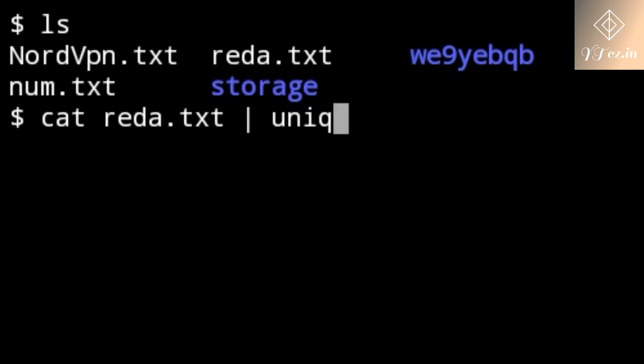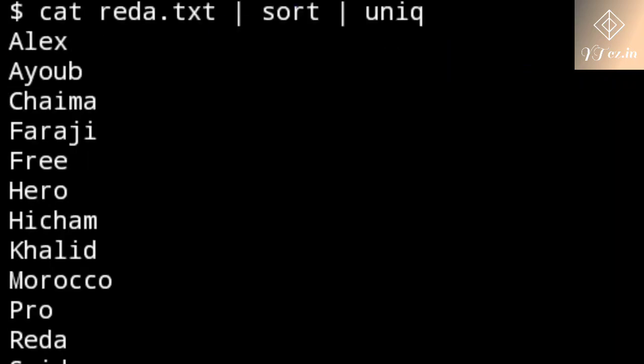As I told you, we use sort: cat reader.txt, after that give the result to sort, to be sorted alphabetically, and directly give the result to uniq. Enter. As you can see, guys, firstly, let's explain: cat reader.txt and give the result to sort,